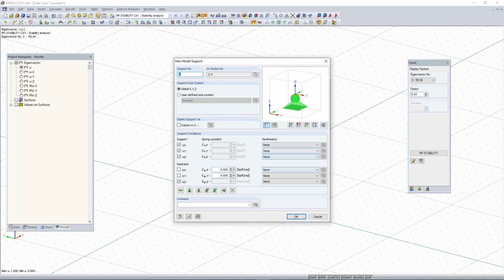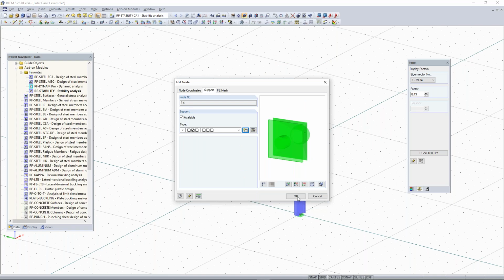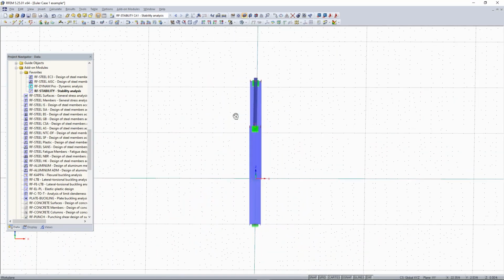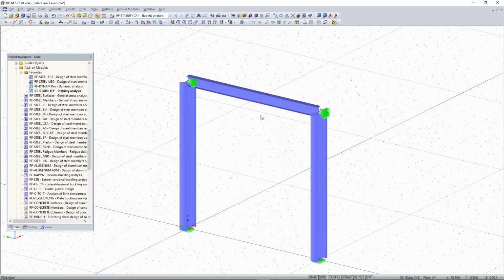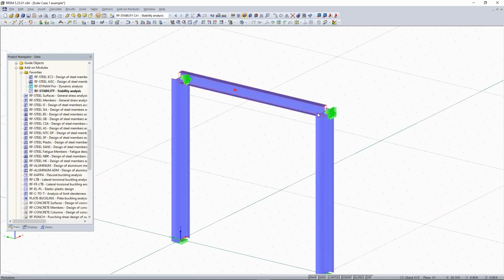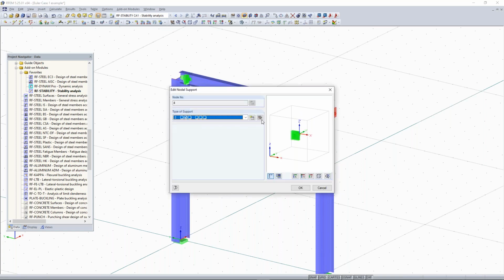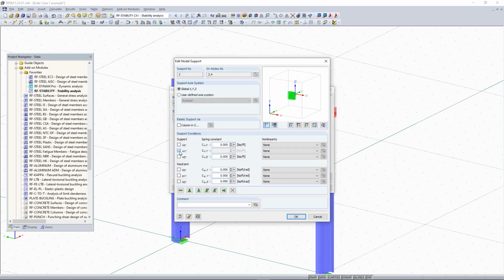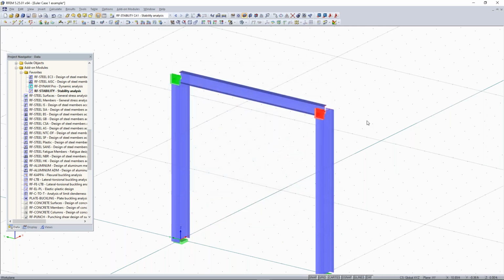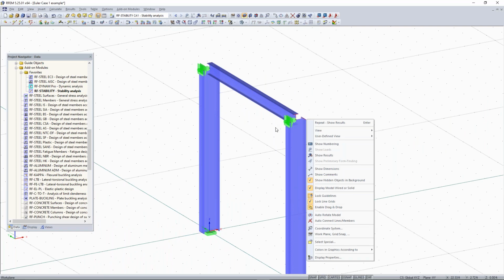And then under this, I can choose to have those two supports be able to move in the X direction and the Z direction, but I don't want them to move in the Y direction. And then I'll unlock all rotation, click OK once more. And now you can see that those supports are added and that they cannot move in actually we wanted these not to be able to move in the X direction. So let me change that real quick. So then we want to change this to the X. So now if I click OK,